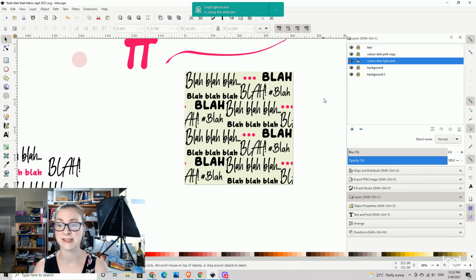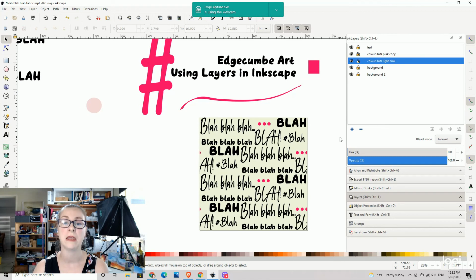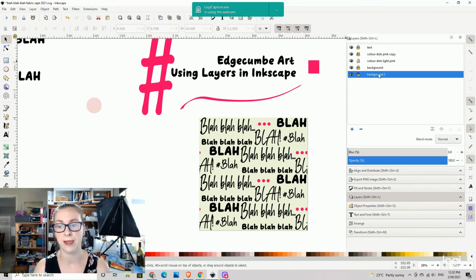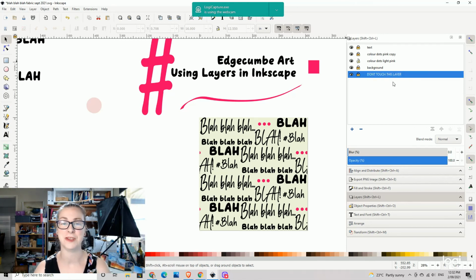Alrighty, so I guess that's a very quick introduction into layers over on Inkscape. They're very, very handy. They're amazing for ease of workspace. It also means that if you've got a design that you don't want to mess about with, you don't want to accidentally click or drag anything, if you take a copy of it and put it onto a layer that you lock, and you call that layer something like, I do this a lot actually, "don't touch this layer,"